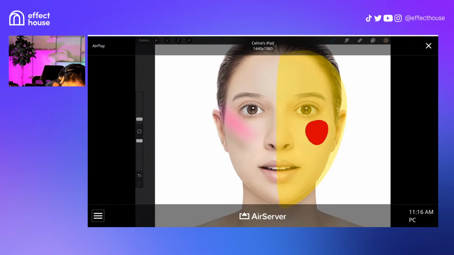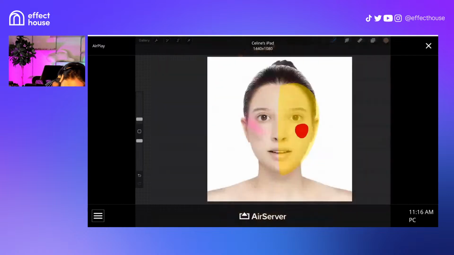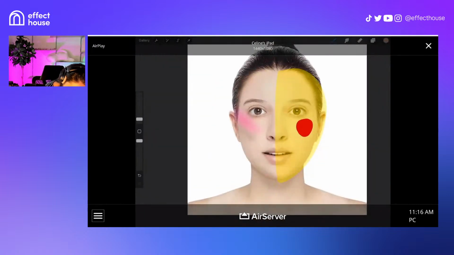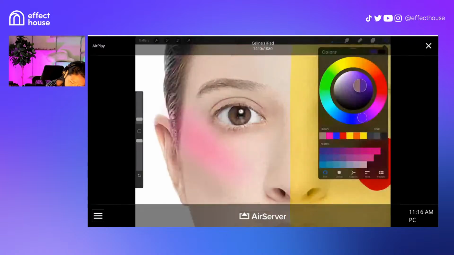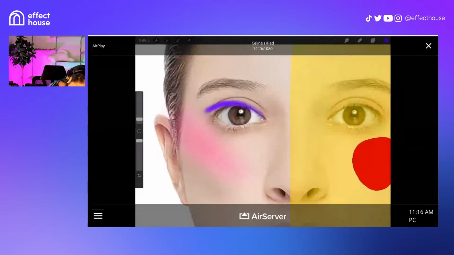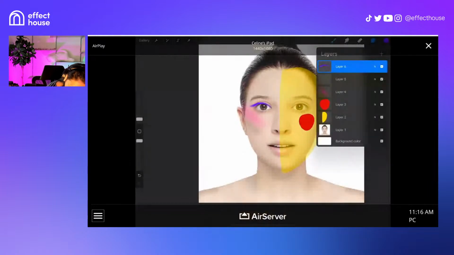Okay. Now, here comes a mega tip. Usually, I see a lot of people drawing eyeliners here. I'll actually draw one to show you why you shouldn't do that. Let's say you wanted to do an eyeliner like this. If you export this to the face mask,